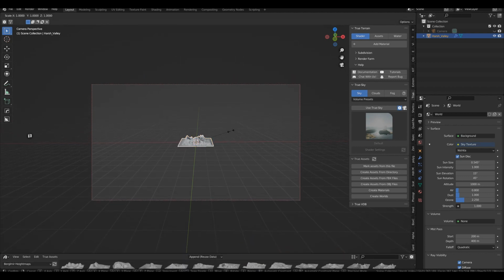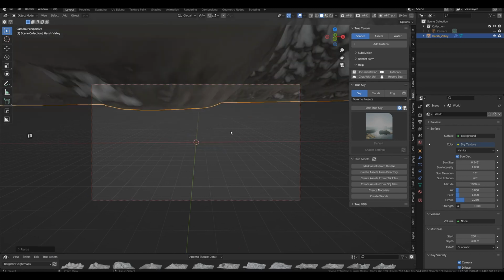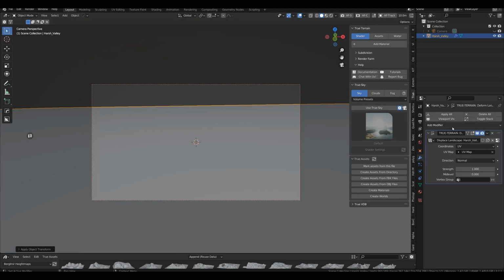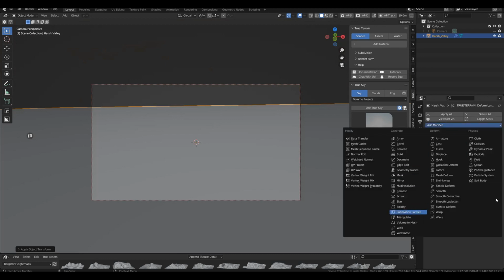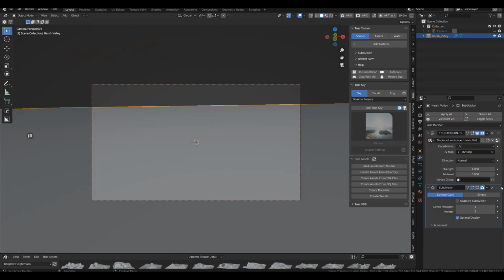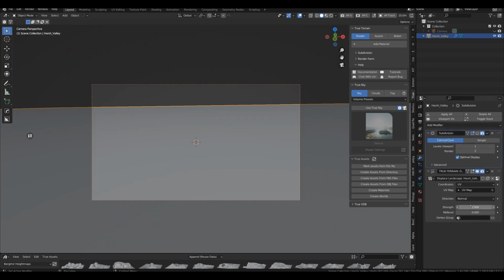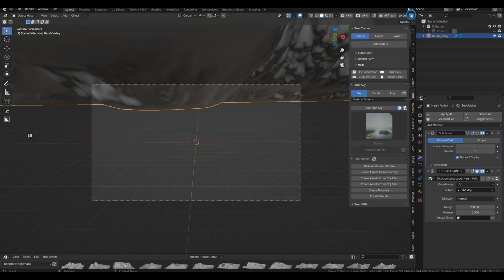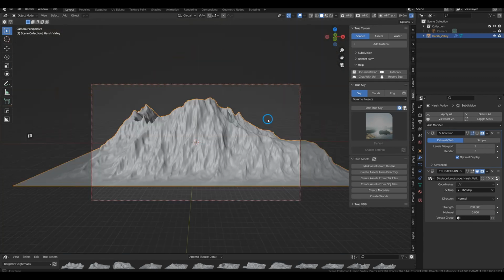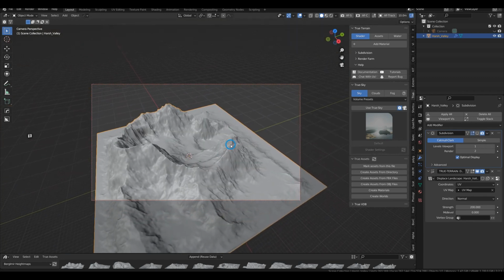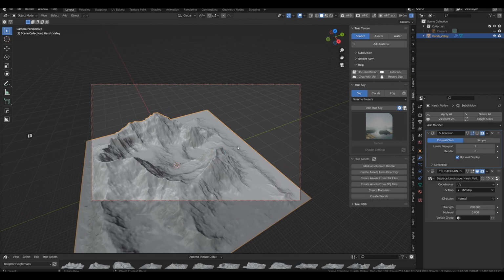We do the standard procedure. So we scale our map up by 200. We apply the scale, go to our modifier stack, and I usually just bring in my subdivision modifier, bring it up and bring this back to 200. Now let's find a good point of view, something like that. So let's go to